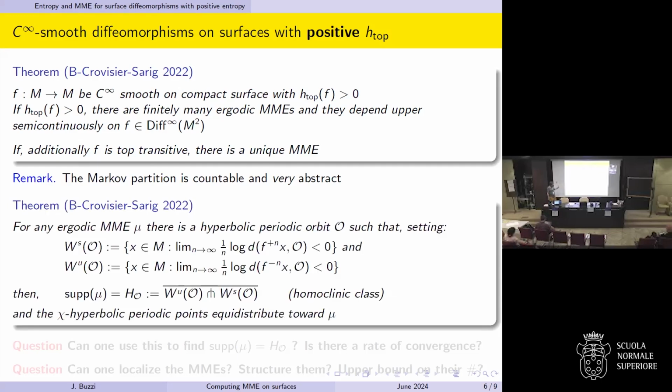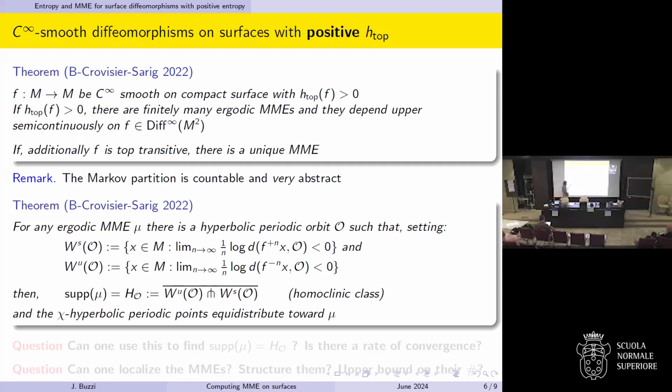Okay, so the piece of good news, or non-negative news, is this topological structure. So that in the course of this theorem, we are able to study the support of these measures. So each time you have an ergodic MME, in fact, you can describe its support by, there is a hyperbolic periodic orbit which is related to it. And how do you find the support of mu? So you take some relevant periodic orbit,